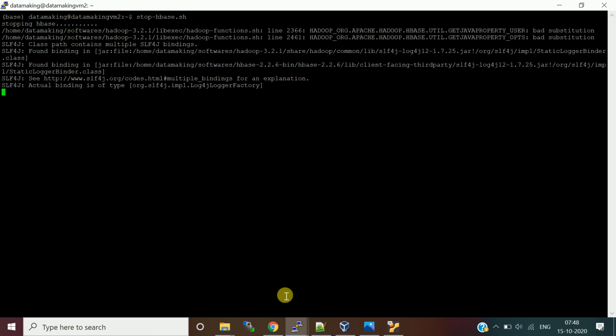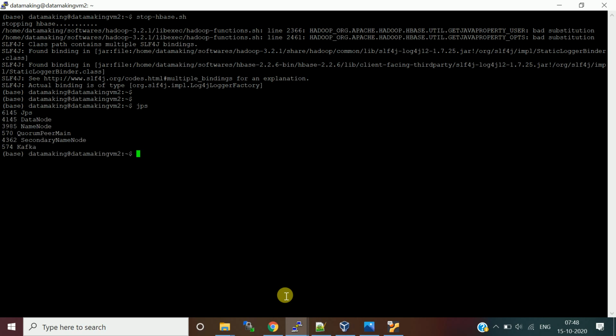You can say stop-hbase.sh. Generally this will not happen, but somehow some files may be corrupted, and the HBase HMaster is not coming up. Let's run jps. HBase is stopped. Let me stop HDFS as well, which is stop-dfs.